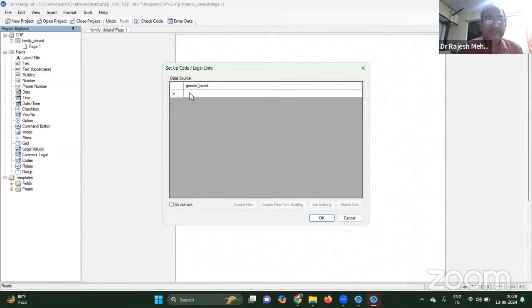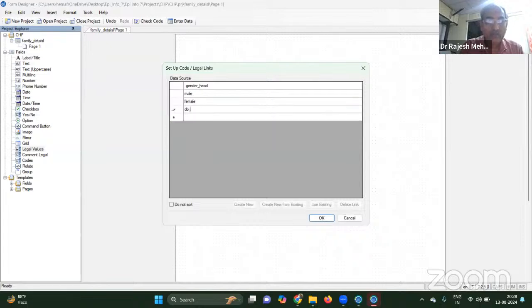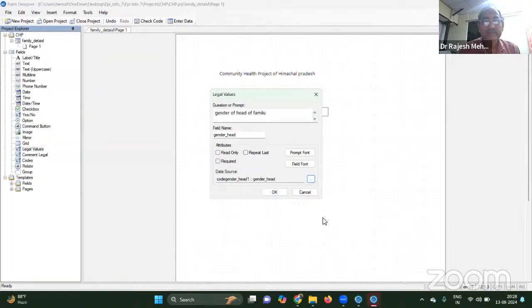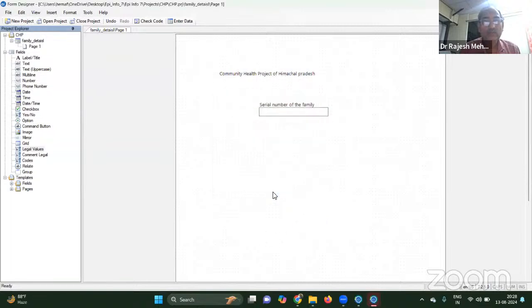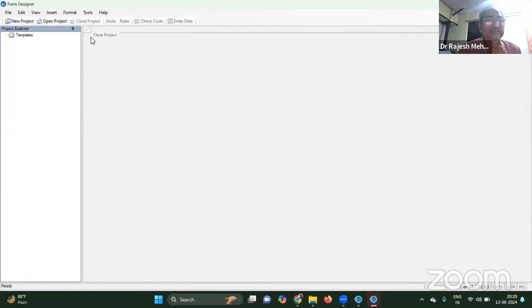We'll say male, female, do not want to disclose, like this. And then okay. So it will be coming like this. You will say drop. So basically it's a program generator, right? And you can then save over here, you close the project, and then you can see that